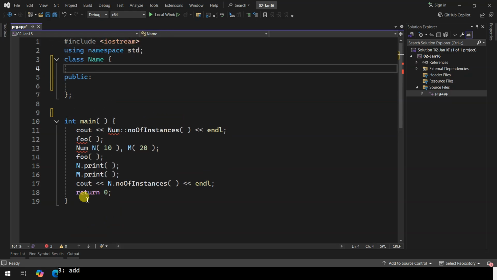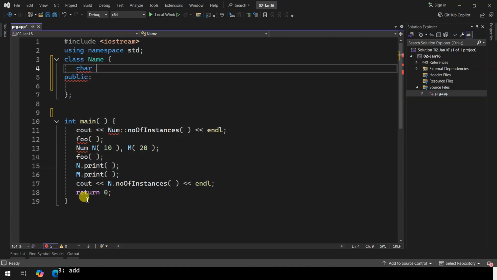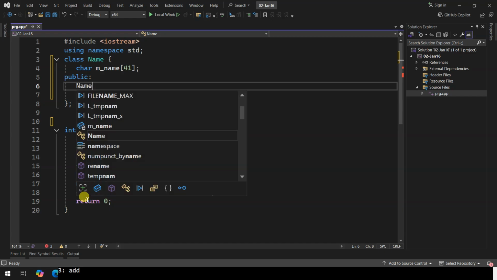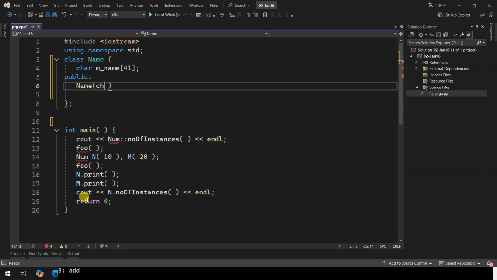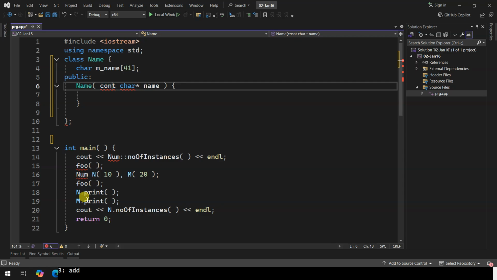I have a character array mname that is maximum 1. Now, in the constructor, I want to get the name and copy it over there. So the constructor of name takes a const character name. And I want to copy it over there.